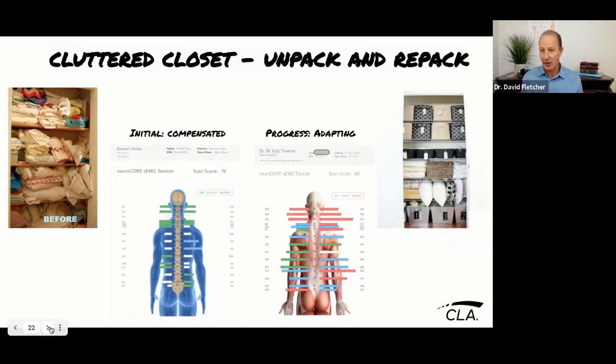So I created this concept of the cluttered closet because so often we'll be walking into an environment where our linen closet, for instance, works perfectly, doesn't it? Just like this patient on the left-hand side. They're working, I wouldn't say perfectly, but they're functioning. They're not dead in the water. In the cluttered closet, we open up the closet door and go, whoa, this is completely inefficient, but it's working.